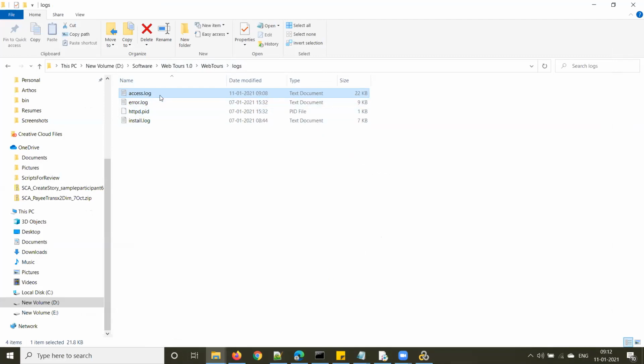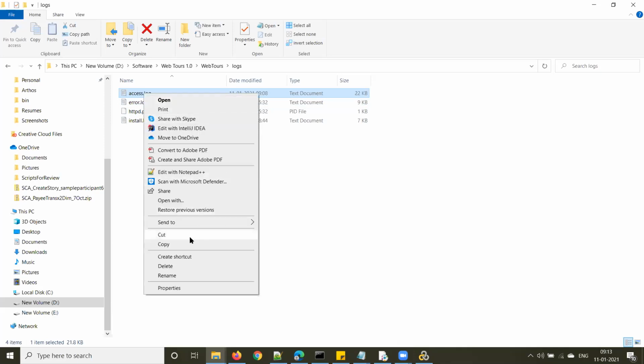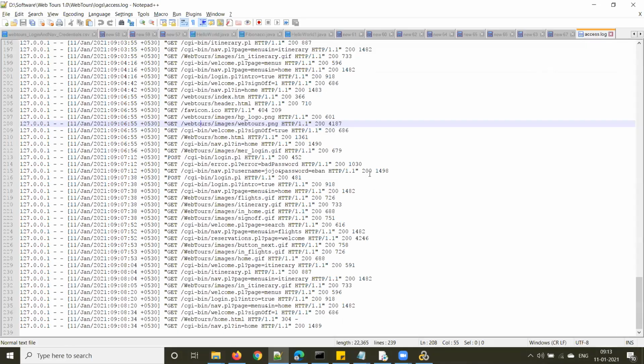Clear? I have shown this already, right? Yes, Kish. I cleared this log file and I have shown this previously. When we access from the browser, some entries will be made into this access log. I have shown this already in one of the previous sessions. Yes, sir. Those who didn't attend also, there is nothing difficult to understand here. Okay. Let me clear this. Let me show it one more time.